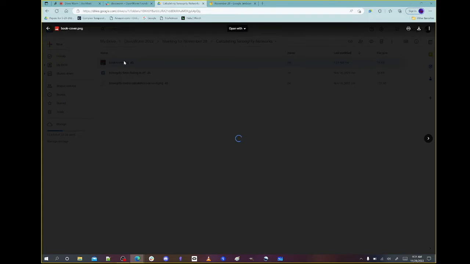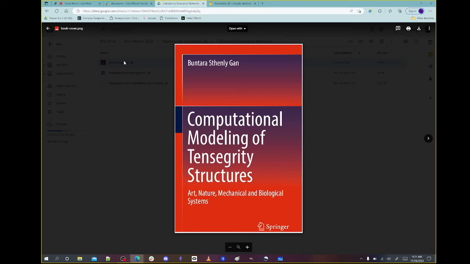So this is the book that Susan sent to me. Computational Modeling of Tensegrity Structures by Gann. And this is where I got a lot of the MATLAB code for this example. In the book, I think it's chapter 2, they lay out MATLAB code for simulating a tensegrity network. Basically you define the network, you define the nodes, you define the edges,